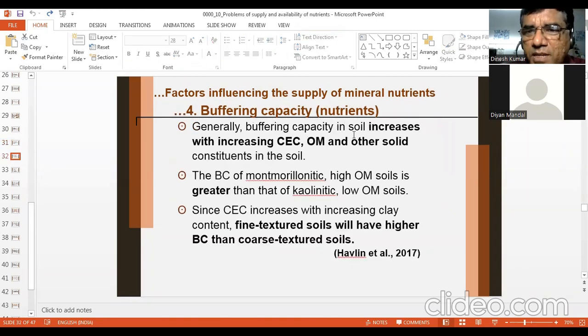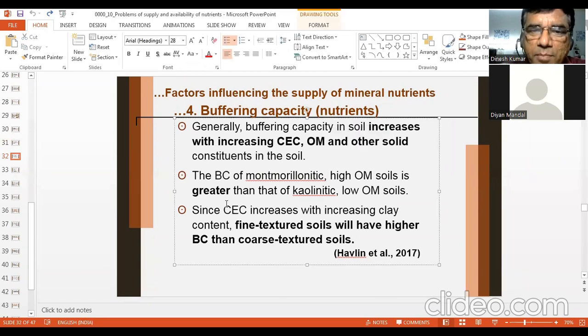Generally, buffering capacity in soil increases with increasing CEC. The higher the CEC, the higher the buffering capacity; the higher the organic matter, the higher the buffering capacity, and likewise other solid constituents in the soil. Number two, the buffering capacity of montmorillonite, high organic matter soils is greater than that of kaolinite, low organic matter soils. Because of more organic and inorganic colloids, the cation exchange capacity is high. Therefore, higher cation exchange capacity means higher buffering capacity, meaning higher nutrient levels can be supplied to the soil solution in case they are